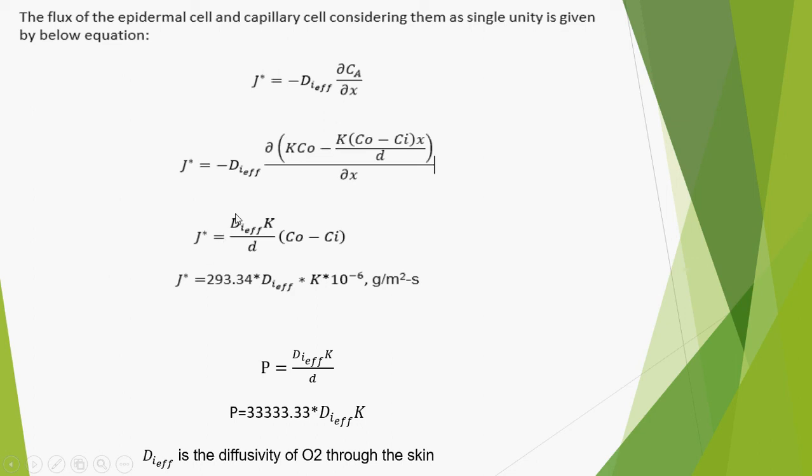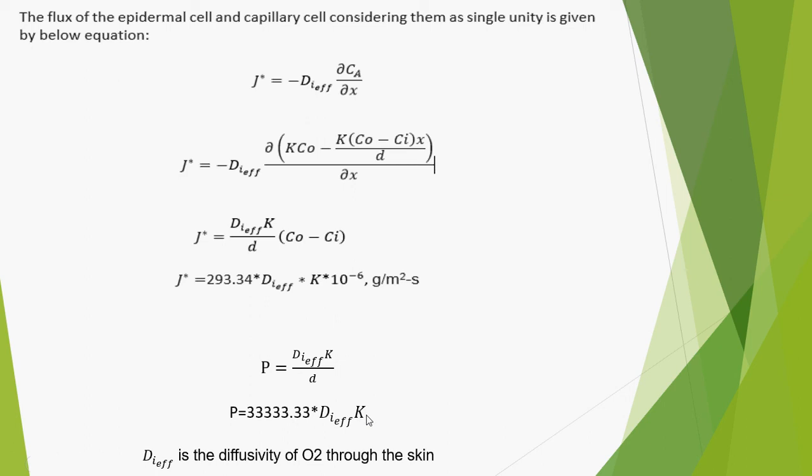So basically this parameter, that is D effective K upon d, gives me the permeability of the membrane and the capillary cells under consideration, and the permeability term is given as shown here. So P is equal to 33,333.33 D,